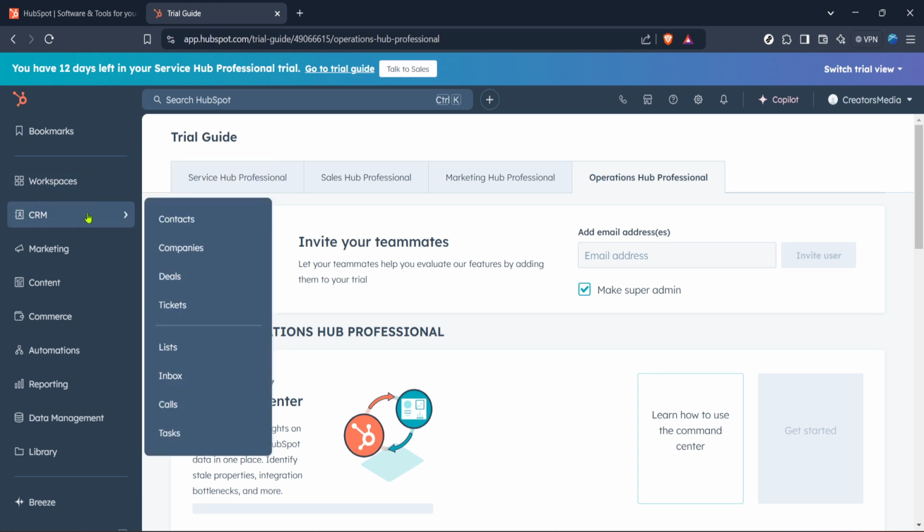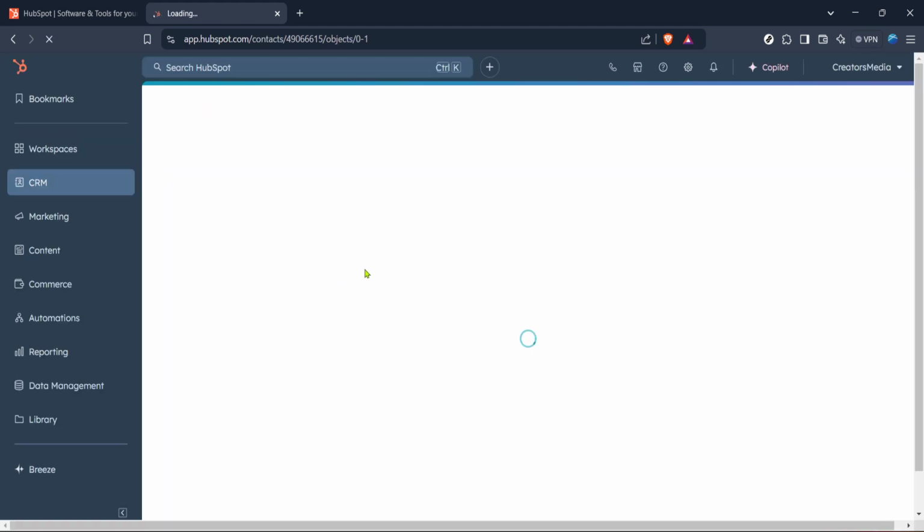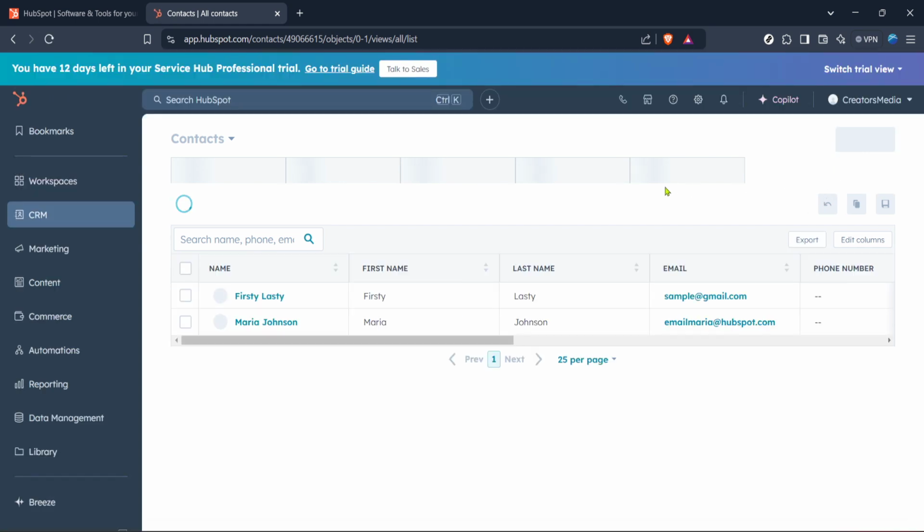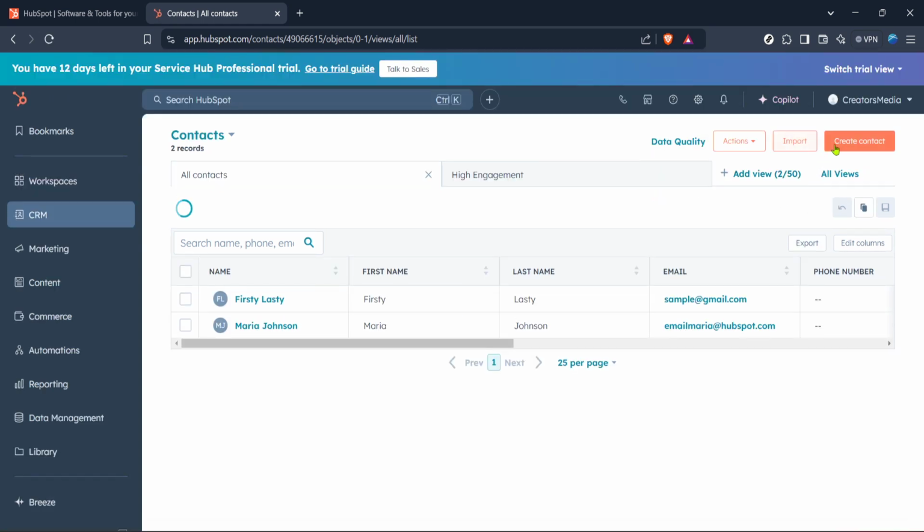On this page, you'll want to locate the Create Contact option. This feature allows you to add new contacts to your HubSpot CRM. Click on Create Contact, which will open a new window or section where you can fill in the details of your new contact. It's a good practice to ensure that you have all the necessary information handy before you start